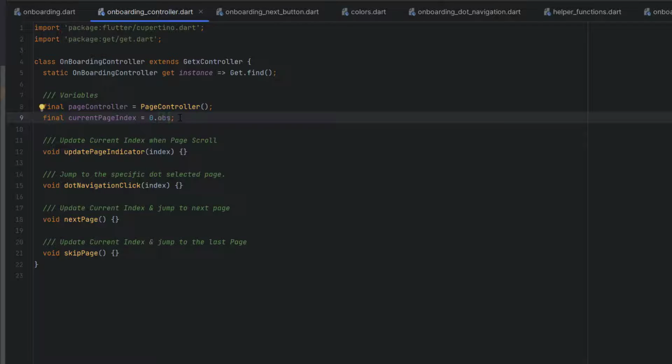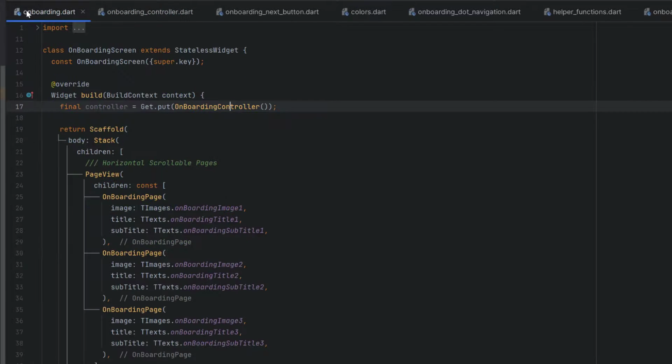What is this? This is actually the observer, which is another widget which is going to change the design without using stateful widgets, right? This is again an rx type of integer. You can write it in this way, or you can simply write a final keyword. It's all up to you, because it is an integer, but it is using the rx type, which is the GetX method to define variables which can easily be changed and whose state is going to be changed on the design as well. Okay, once the variable is created, let's go to onboarding, and inside the page view as a controller we will pass the page controller.